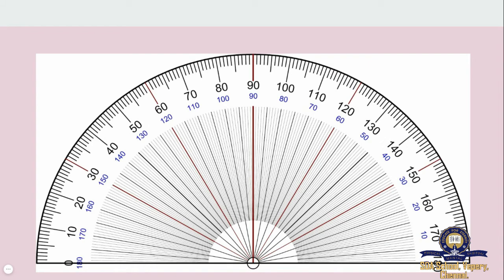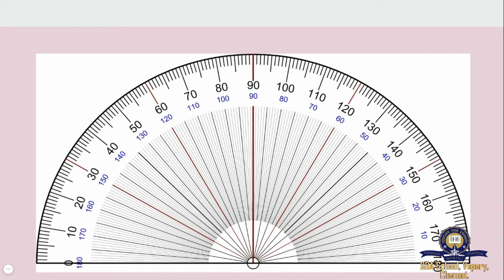So this picture you can see, do you know what this is? It is a protractor. You would have seen it in a geometry box. Here there are two rows. The black row goes from the left: 0, 10, 20, 30, 40, and it comes to 180 degrees. At the bottom, in blue, they have written numbers starting from the right-hand side: 0, 10, 20, 30, 40, till this side 180 degrees.